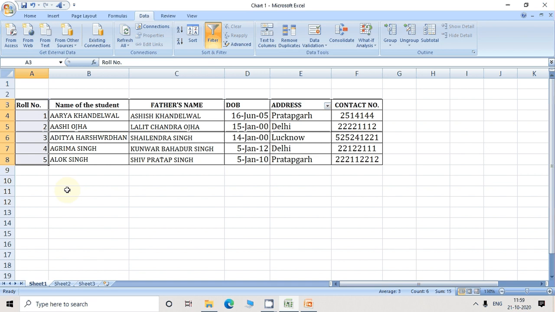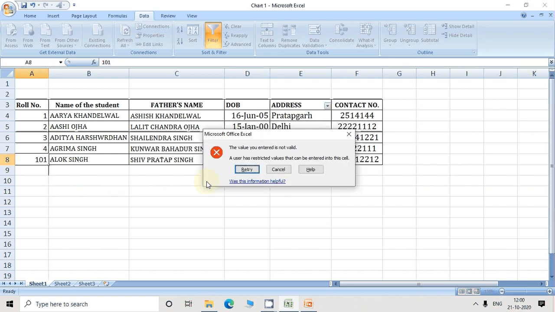After that, if you enter a value, suppose you enter the value 101 here and press enter, where there is 5 you enter 101. As you see the message on the screen, the value you entered is not valid.